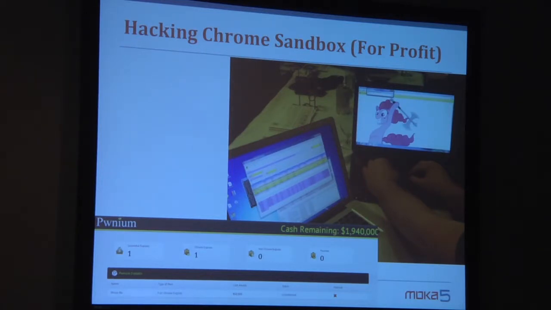But this is actually really great because the process is very open. It's all open source. They can find the bugs, they can fix them, and if you put up a $2 million bounty, it's a pretty good incentive. Now, to be fair, if you took one of these Chrome exploits and sold it on the black market, you could probably get a lot more than $100,000 for a 0-day Chrome sandbox exploit. But still, they have this process, and they've been doing this over time, and they've had these events.